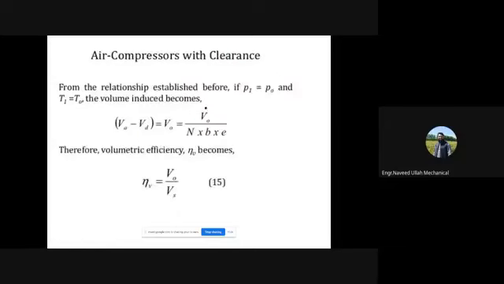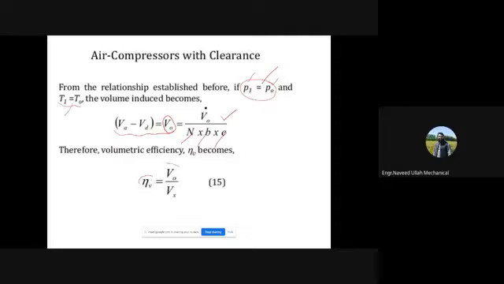सिंप्लीफाई किया गया है। एनीवे, from the relationship established before, if you have P1 and P0, that is before the compression process, this pressure is the same and the temperature is also the same. The volume induced will be this, and that will be equal to this V0. And the actual V0 will be equal to this thing; previously we saw it is influenced by these three things. Therefore, for this assumption where P1 is equal to P0 and T1 is equal to T0,